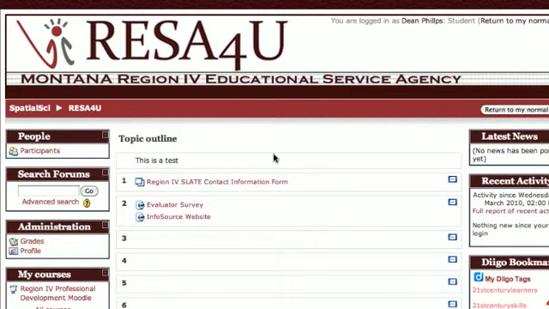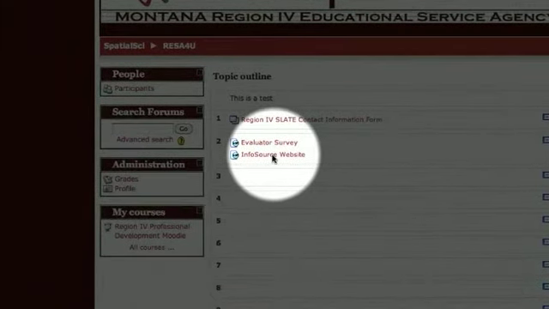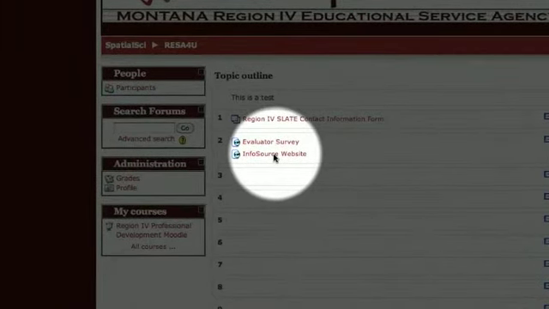So I'm going to assume that you're able to successfully log into our Moodle site, which is found at courses.spatialsci.com, and using that password and username that you've created, that you are able to successfully log into this website. On this website, you'll find a web link that will take us out to our InfoSource site. So if you want to just go ahead and click on that web link, it'll open up a new web